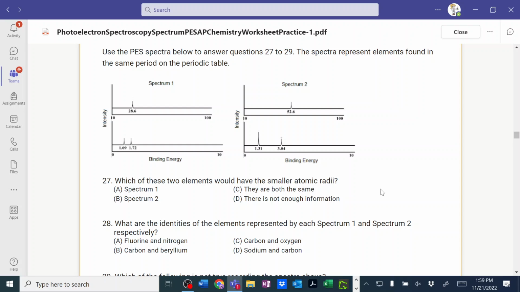So we would have our 1s2, 2s2, 2p2, right, for the one on the left. Are you good with why that is the electron configuration? Yep. And then we have the other one, which is,